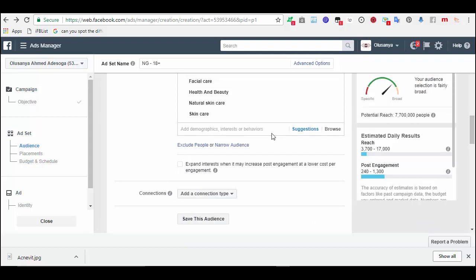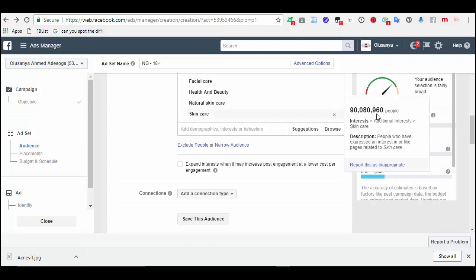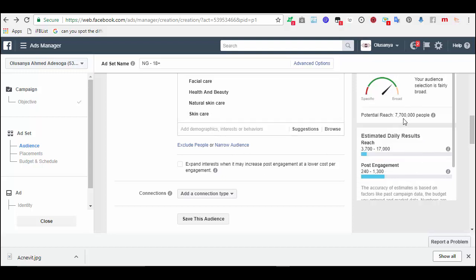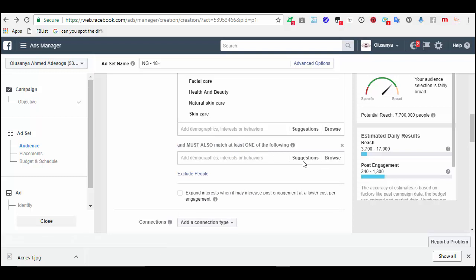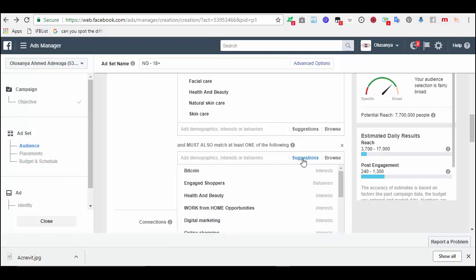7.7 million. Now there's this magic I love about Facebook. Can you see our potential reach is 7.7 million, which is very far from our budget. I can narrow down my audience by clicking on narrow audience. So I'll click on suggestions.